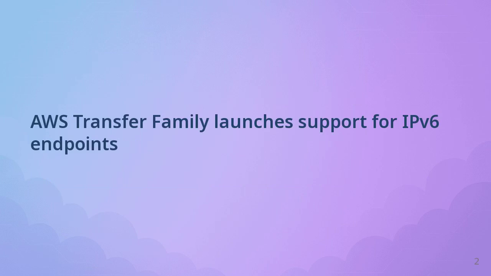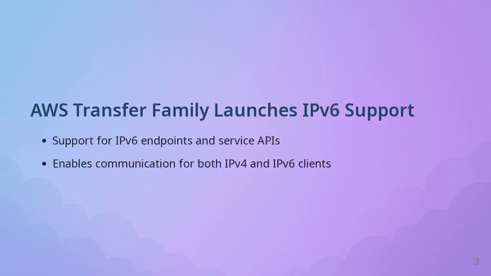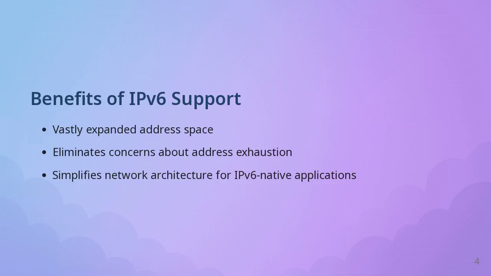AWS Transfer Family launches support for IPv6 endpoints. AWS Transfer Family announces Internet Protocol version 6, IPv6, support for server endpoints and service APIs. This enhancement enables both IPv6 and IPv4 clients to communicate with Transfer Family SFTP, FTPS, FTP, and AS2 server endpoints. The addition of IPv6 support provides a vastly expanded address space, eliminating concerns about address exhaustion and simplifying network architecture